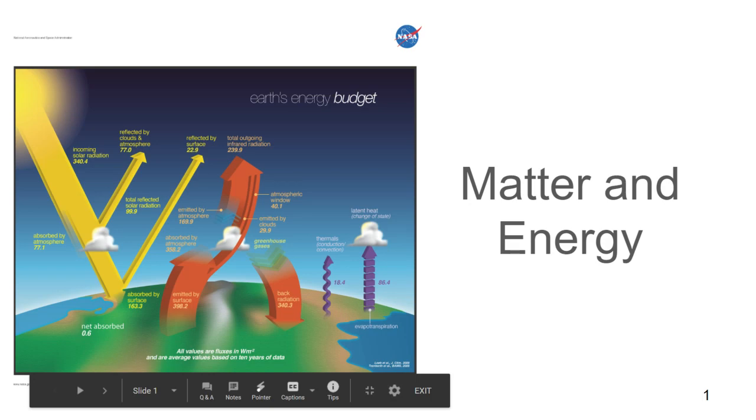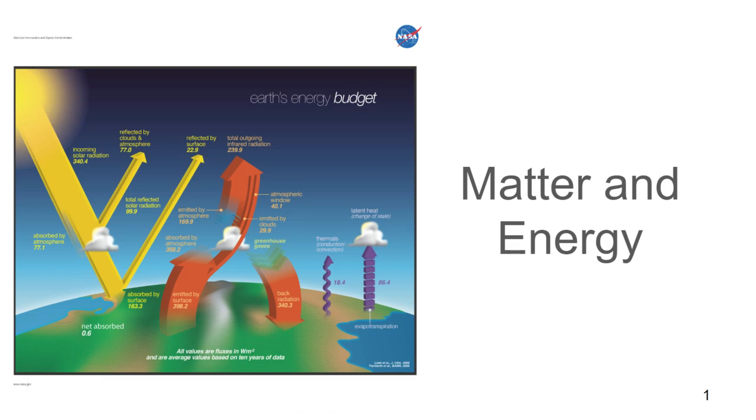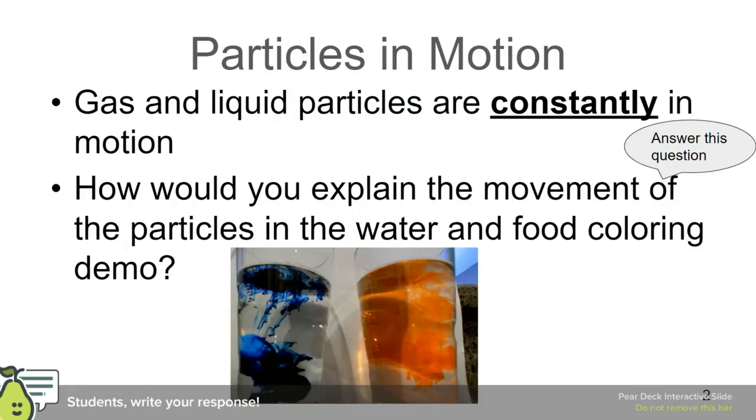Okay, so today we're going to talk about matter and energy. And so you can see in this picture, what I've done is I've included a diagram of the Earth's energy budget and where we get our energy from. Obviously, we get our energy from the sun, and what's happening to that energy is what you see in this diagram. Now, in this presentation, we're going to talk about what that energy does to matter. So, first question here, it says,